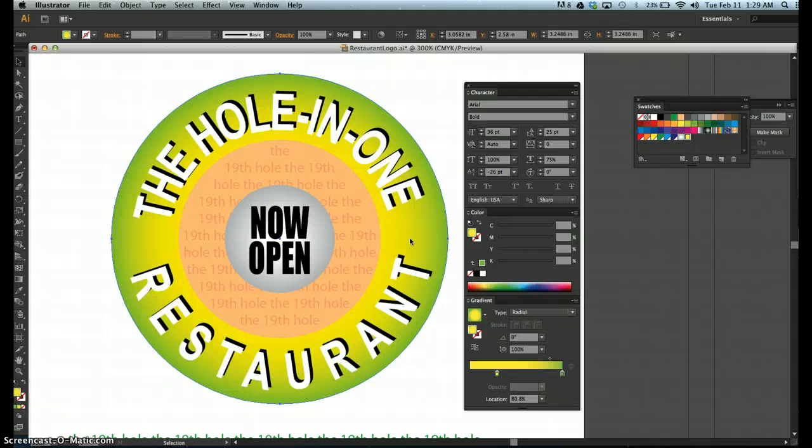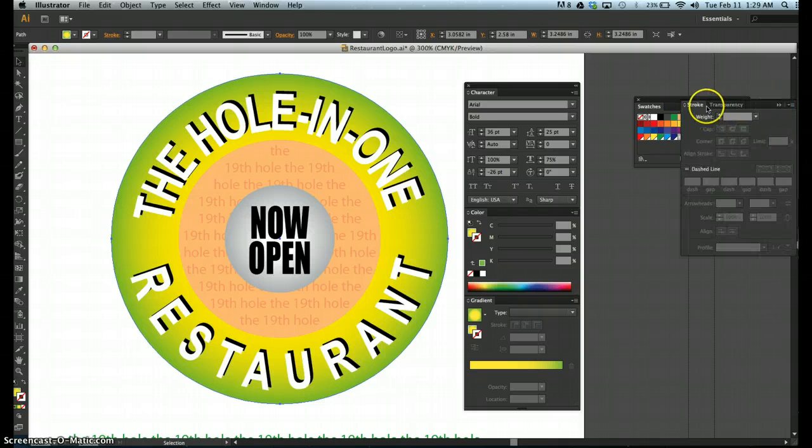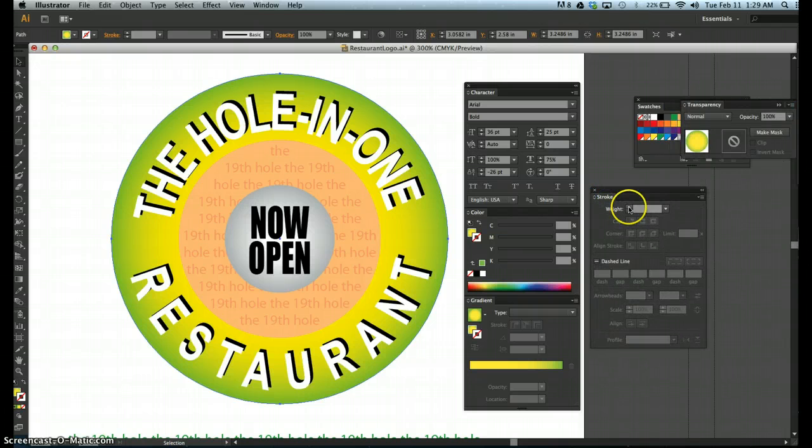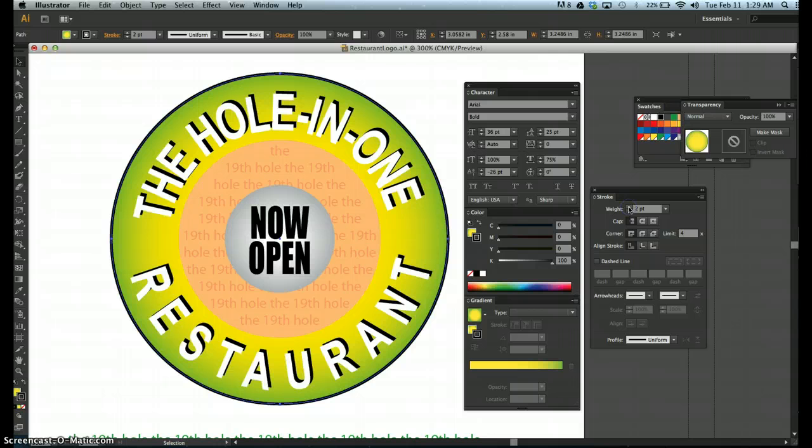Step 10, apply a 2-point black stroke to the large circle and the smaller peach circle. So since we're already selected on the large circle, you can add a 2-point black stroke by going to your stroke panel, making sure that panel is bumped out. You can also access it up here, but I like to access it on the panel because it gives me a lot of different options. Okay, now we have a 2-point black stroke,